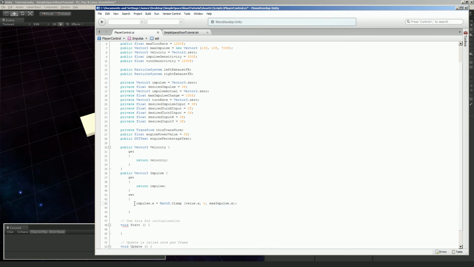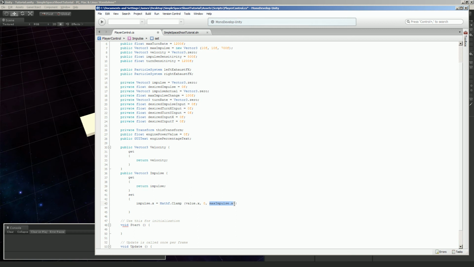Okay, so we're saying impulse on the x-axis of that vector. We're going to clamp that to value x, which we're going to set down below later for the x-axis. We're not going to do anything with the y. And then we're going to clamp the impulse